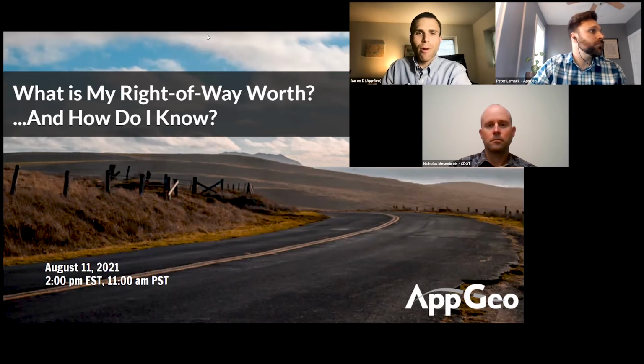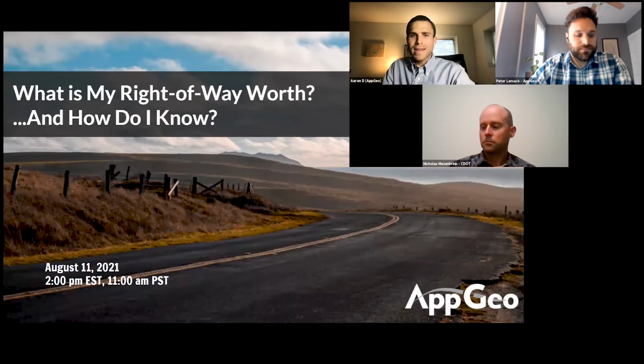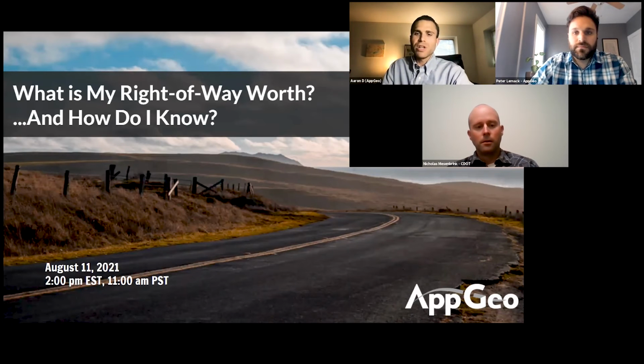What is my right of way worth and how do I know? So today, members from the AppGeo team and our co-host from Colorado DOT will present a vision for right of way data modernization. And in today's presentation, we'll be focusing on the value of right of way in geospatial databases, how DOTs can garner support for these efforts, and how you can financially justify making the investment to modernize your